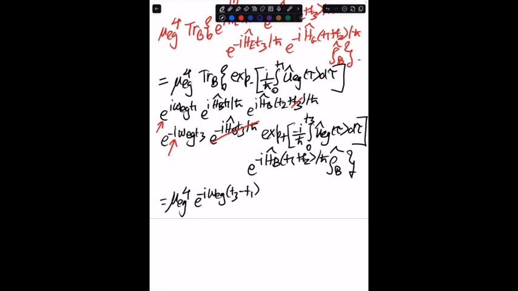Right. Now, you have e raised to power i H_p (t1 plus t2) upon h bar on the left, some operator, and then e raised to power minus i H_p (t1 plus t2) upon h bar on the right. So you're propagating that operator with respect to the path Hamiltonian over t1 plus t2, and using the math which